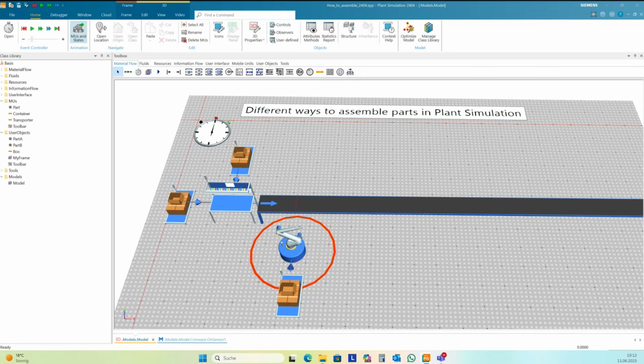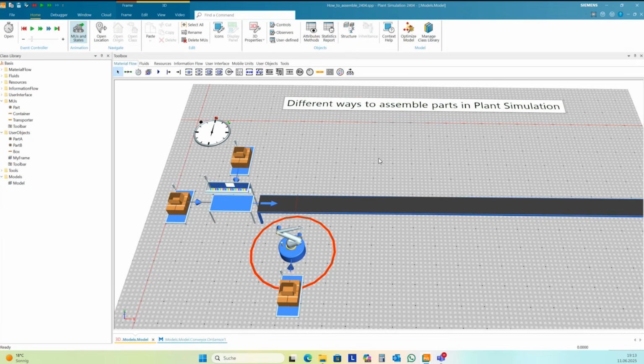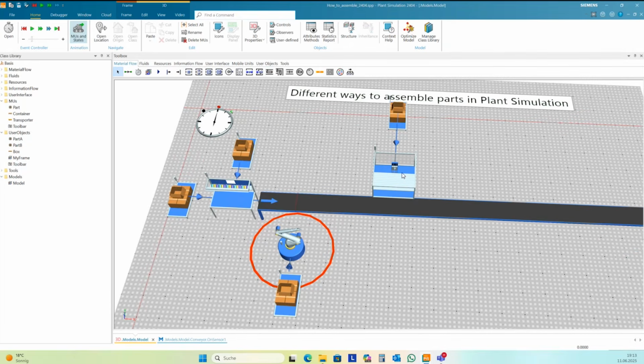So next, you can, of course, also use SimTalk to assemble something. I want to have here a station. For instance, this should be a station that provides some services for assembly. Then I have a source with another part. I connect the source with the part here with the station. I want to create a part B to have a different color.